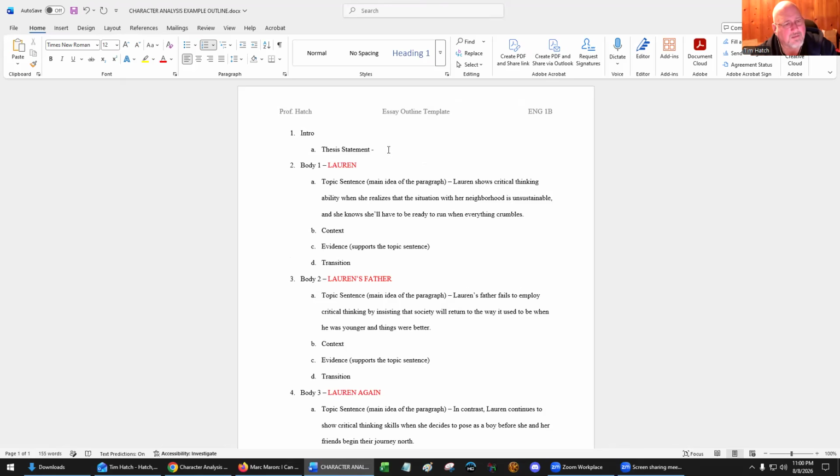I think you could just focus on the actual critical thinking. For this essay, you need to name the characters you're going to be talking about in the thesis statement. So let's just do something like this. In the novel Parable of the Sower, which, because it's a novel, the title is italicized, Lauren shows,